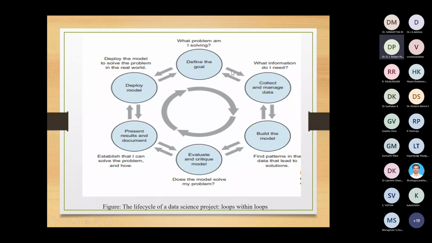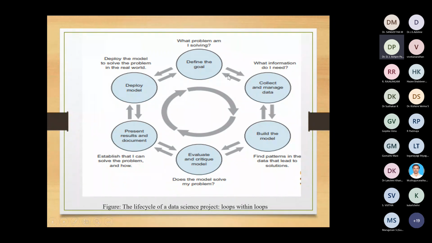You see the arrows here. First you define the goal. I'll explain how to define the goal, and what data has to be collected and managed, in each of these stages separately. But for now, look at this life cycle diagram. First the goal has to be defined. After defining the goal, we move on to collecting the data, and somehow we have to manage the data. See the arrow: first we define the goal, and then we move to collecting and managing the data.